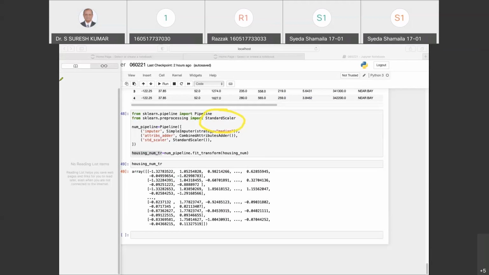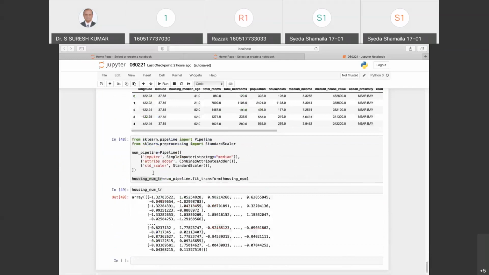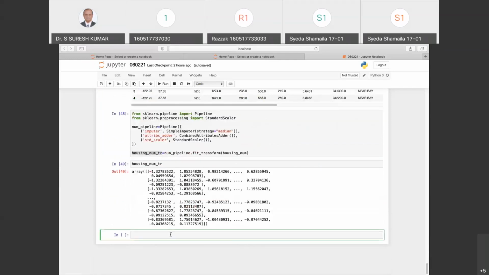So instead of writing what you wrote from 44 till 59, you can replace this whole thing with a small bunch of code where I'll call the column transformer, which takes care of both the numerical as well as the categorical attributes in any data set.